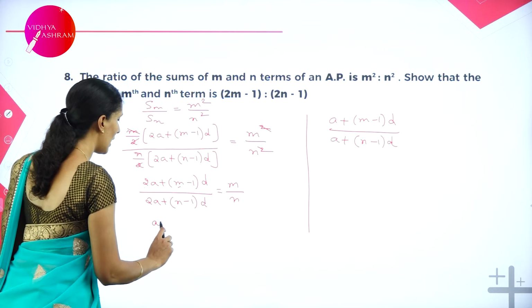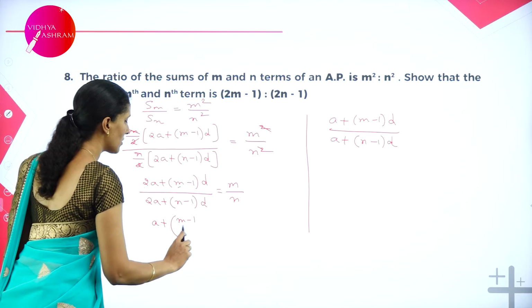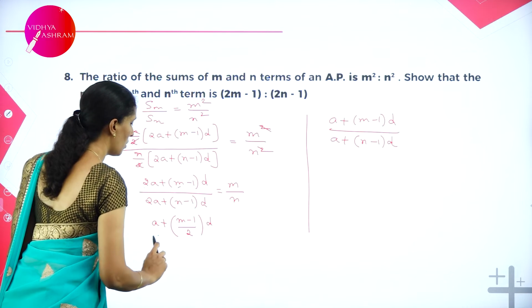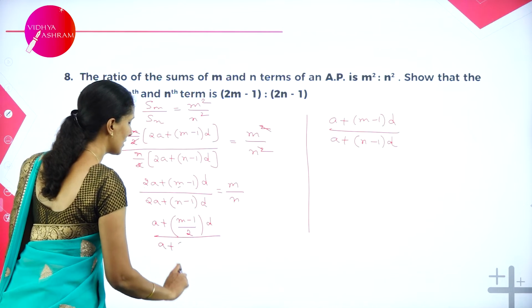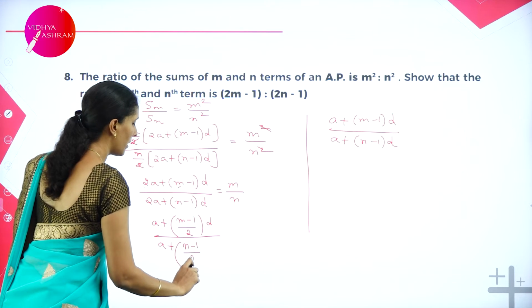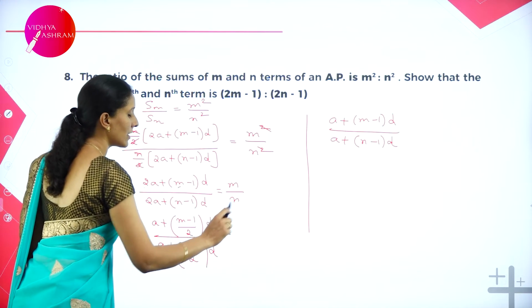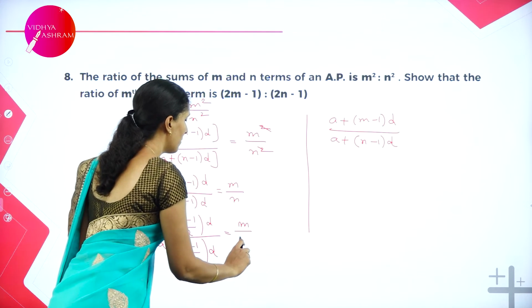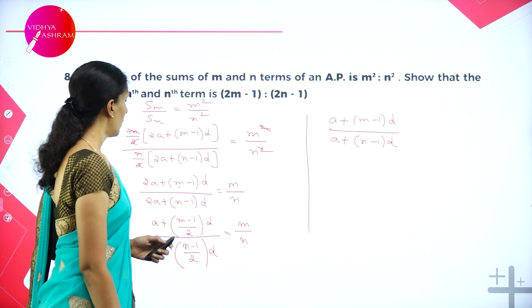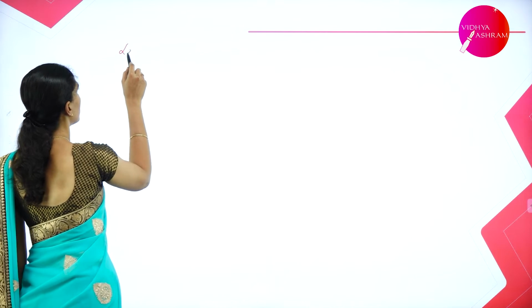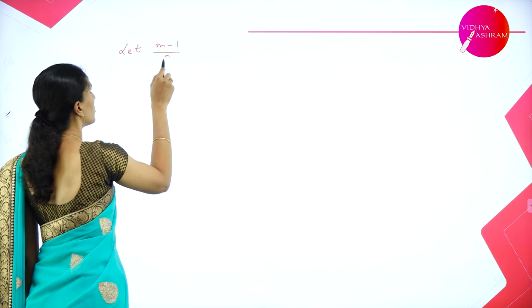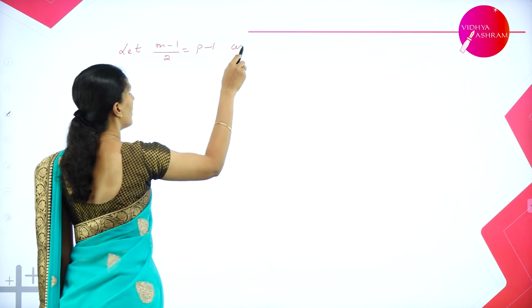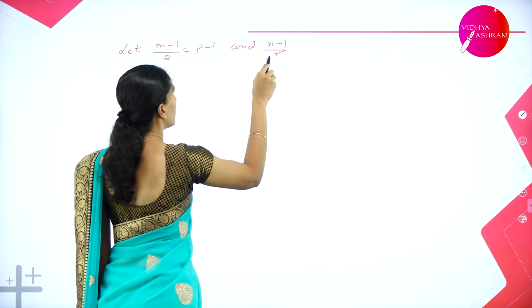So this becomes a plus m minus 1 by 2 into d, whole divided by a plus n minus 1 by 2 into d. Here it is m by 2 over n by 2, the 2 gets cancelled, so I can write this as m by n only. Now let me write m minus 1 by 2 as p minus 1. So let m minus 1 by 2 be equal to p minus 1, and n minus 1 by 2 be equal to